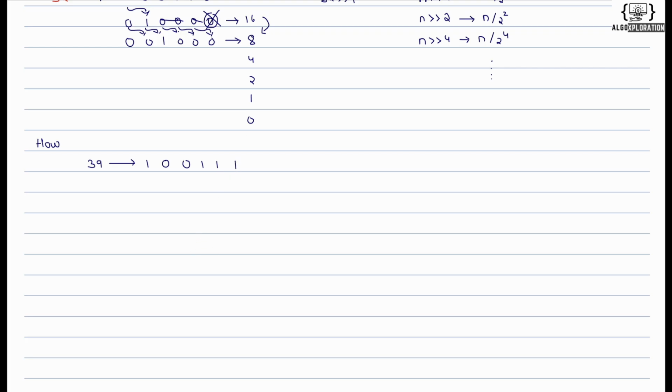Okay, and I want to know what the last bit is, whether it is 1 or 0. Here we got to know that it is 1. What we have to do is simply AND it with 1, 0 0 0 0 0 1. The decimal representation of this is 1, and this is 39. If we AND it, I will be getting 1 as the answer. So if my answer is 1, then I will get to know that the last